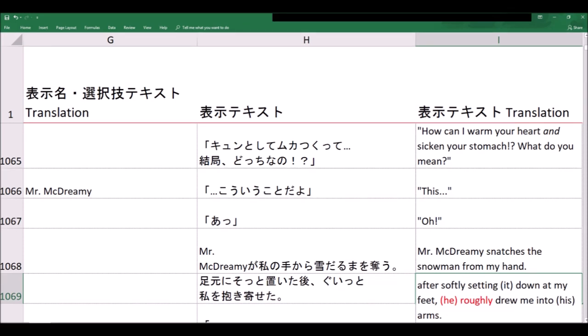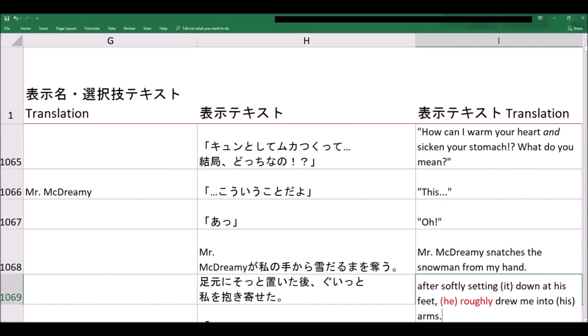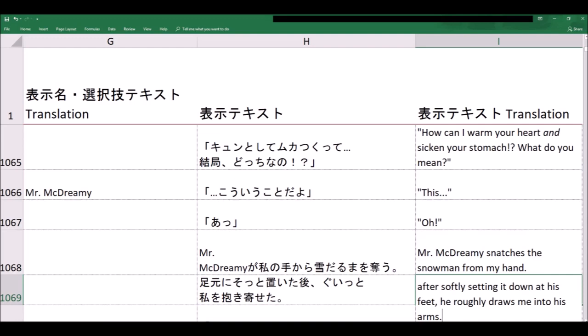In the next phase, you'll see I changed the sound effect gyutto to roughly. Again, since we don't really speak in sound effectese, that's what I have to do. In the next phase, Mr. McDreamy actually sets the snowman down by his feet, not my feet. Again, it doesn't specify in the original Japanese, but I thought about the logistics and it makes much more sense for him to set the snowman down at his feet than by MC's feet. Cleaned up a bit more, it becomes, after softly setting it down at his feet, he roughly draws me into